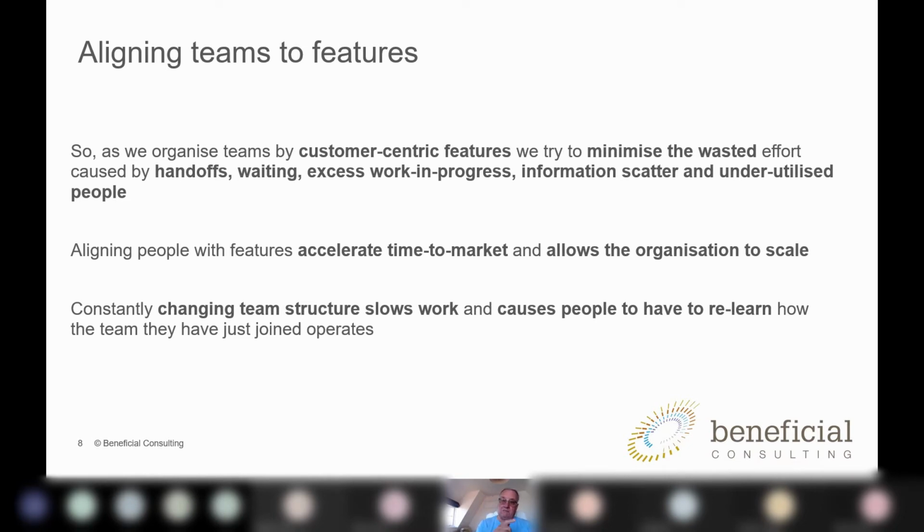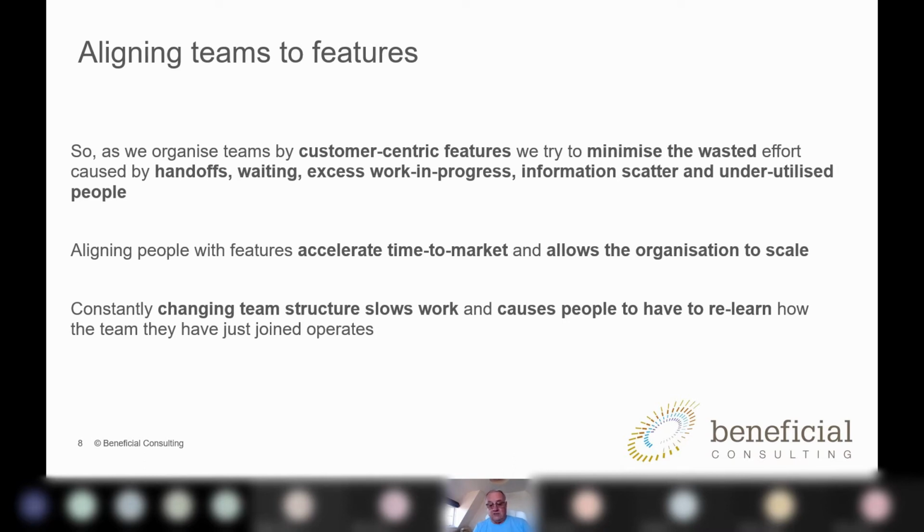When we do our inspect and adapt in SAFe, that tends to be looking at the product and so on. But are we really looking at the delivery efficiency? If you're doing retrospectives in a Scrum team, they will only be looking at the one team. They won't be looking outside. So it's a coach's responsibility to start to think about, how have we got a design which is accelerating our time to market? And have we got a design which will allow the organization to scale if that's what we need to do? It may not be.